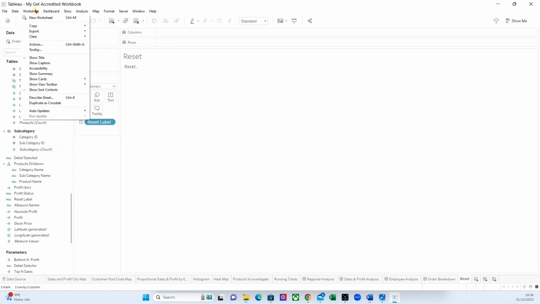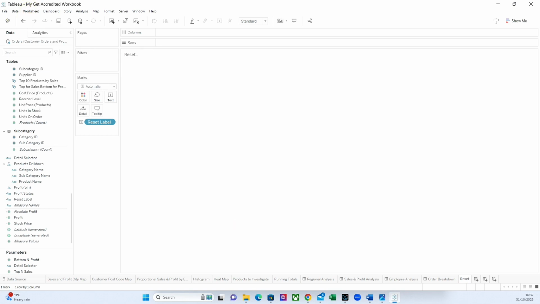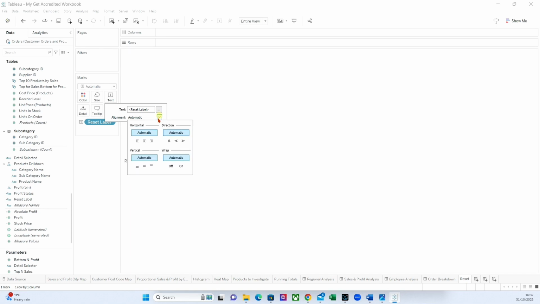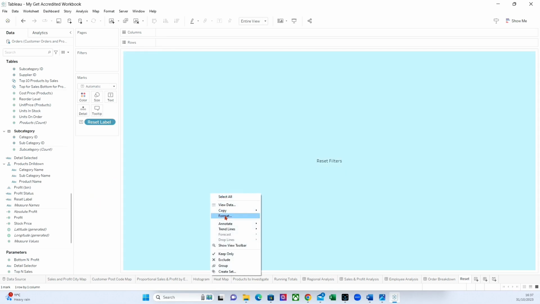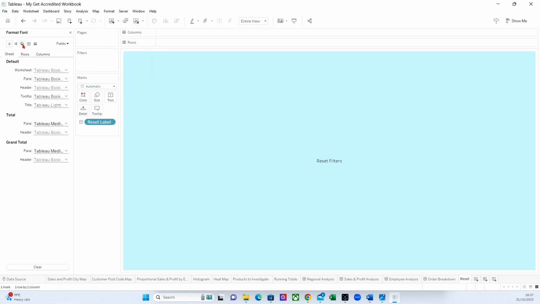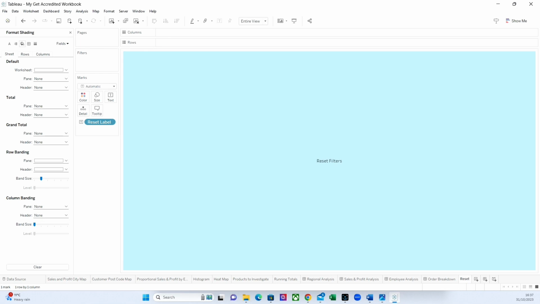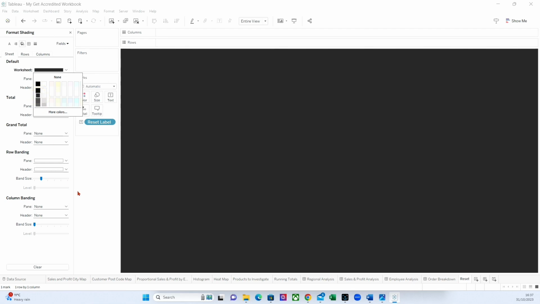And from the worksheet file menu, we're going to untick show title. We're going to change that to be entire view, and then we're going to make that center aligned. So we're going to change the horizontal alignment to center and the vertical alignment to center. Right click anywhere in that canvas and choose format, and we're going to go to this shading section here. And from the default worksheet, we're going to change that shading to dark grey here,